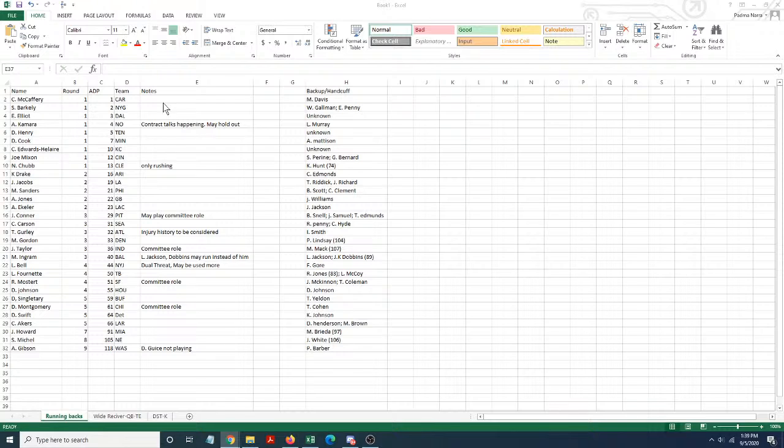Let's see. Right, Alvin Kamara. He didn't sign his contract extension yet, and what might happen there is he might choose not to play in hopes of getting a better contract, because he's a top 4 running back in the league, and the Saints really need him, so they're going to pay him big money to play. But if he doesn't play, so that's going to happen. Other than